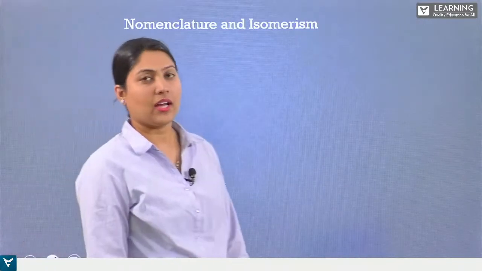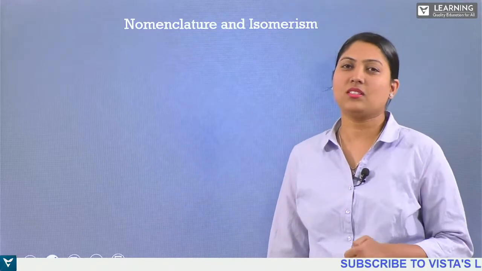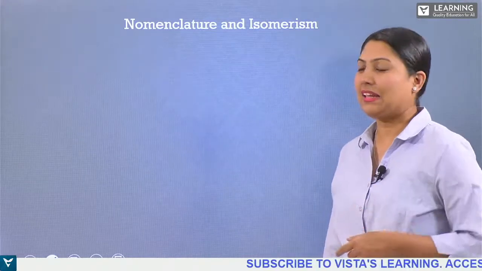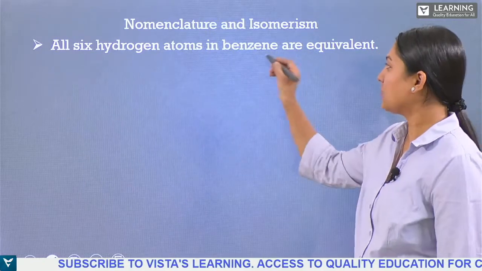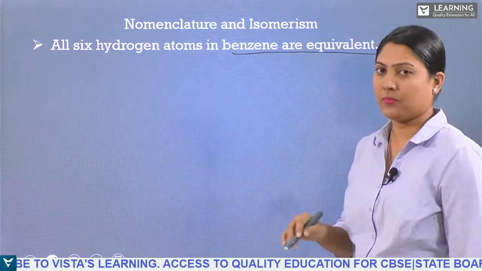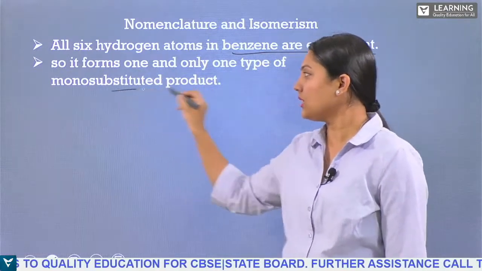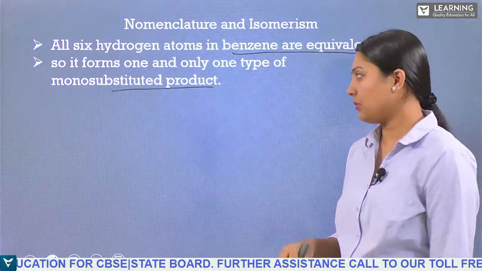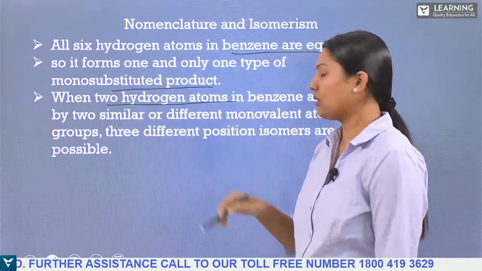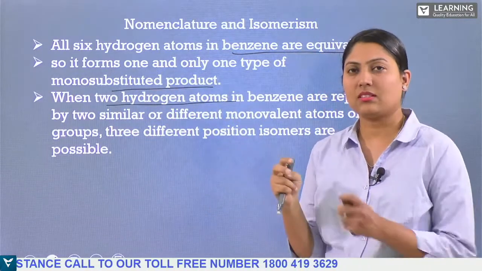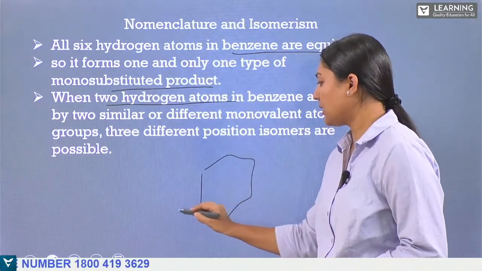So nomenclature and isomerism: whenever we introduce compounds, we need to know about their naming. How do we name them? All 6 hydrogen atoms in benzene are equivalent, and so we can have only one substituted product formed. And when you go with two hydrogens in the benzene ring, if two hydrogens are substituted,